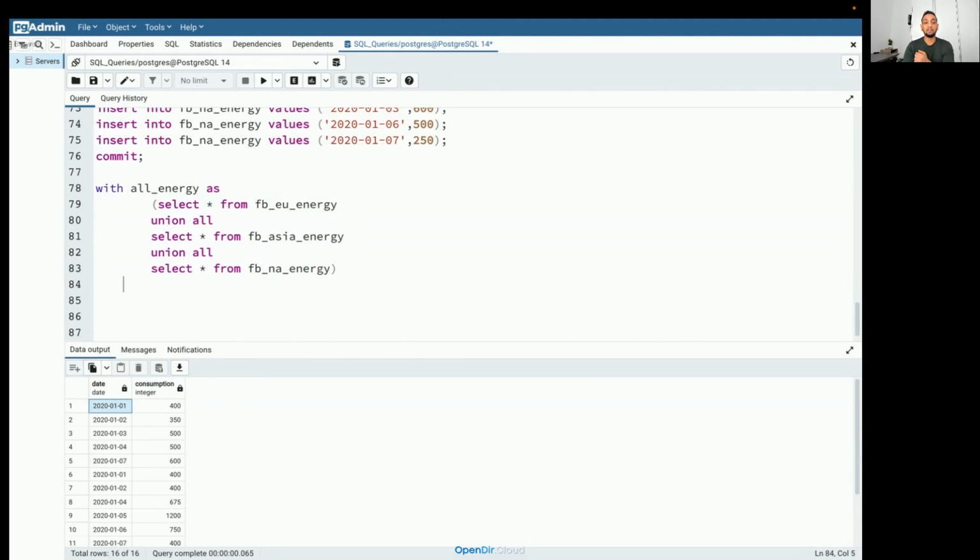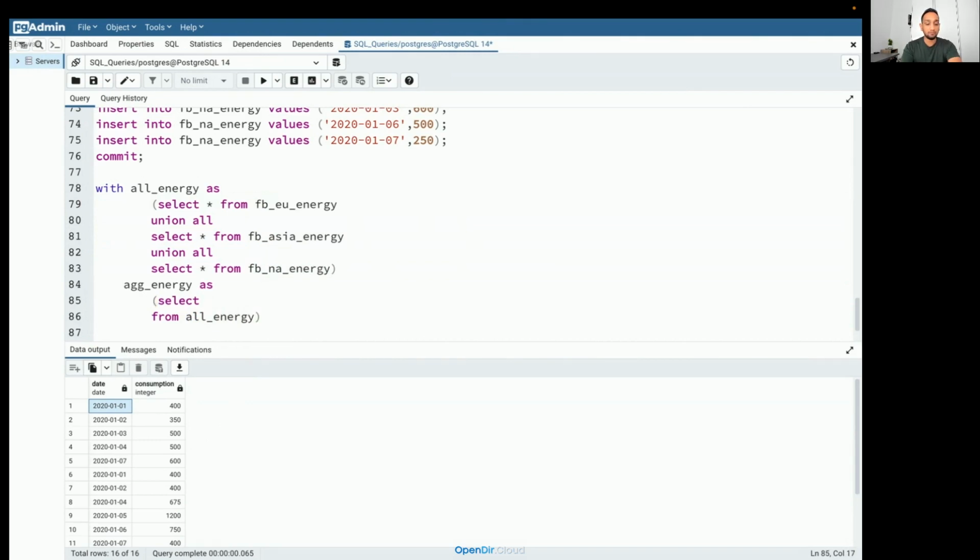Next I'll use another CTE, and I'll call it aggregated energy. This will be as, and here I'll just select from all_energy.